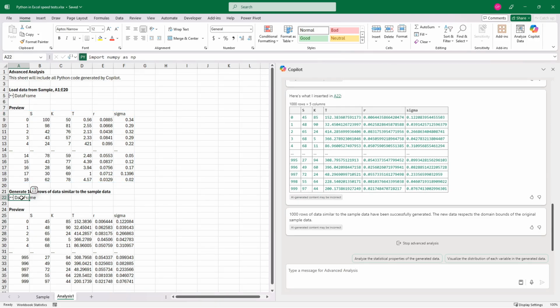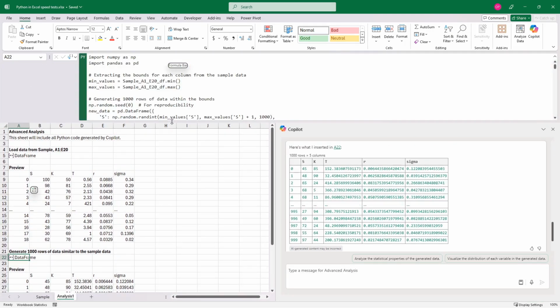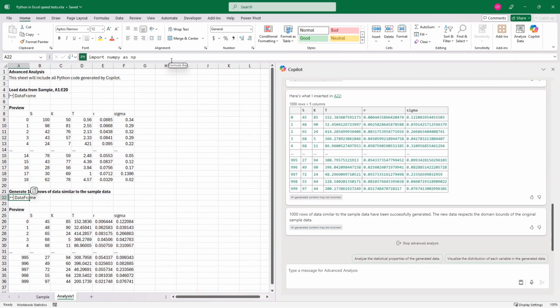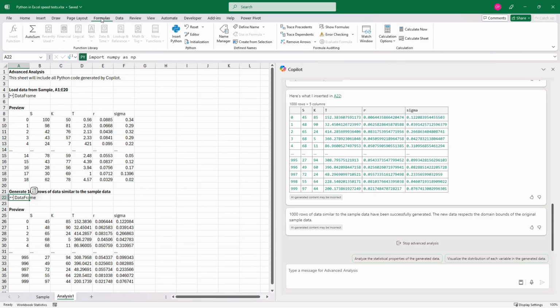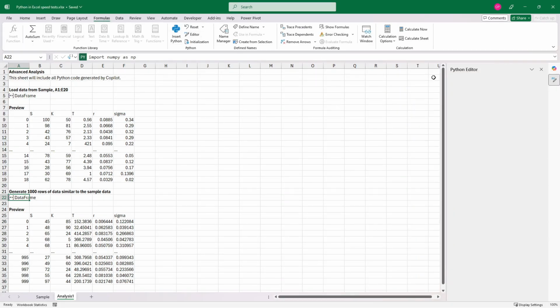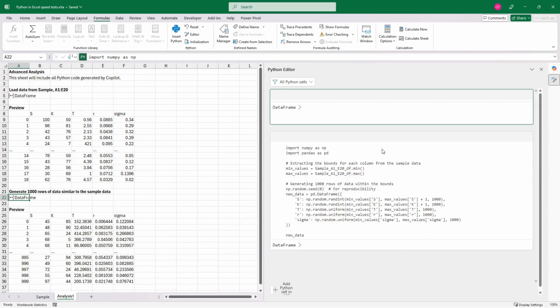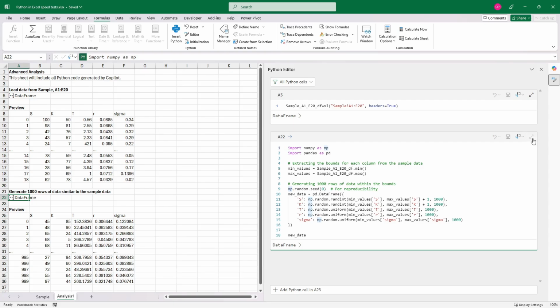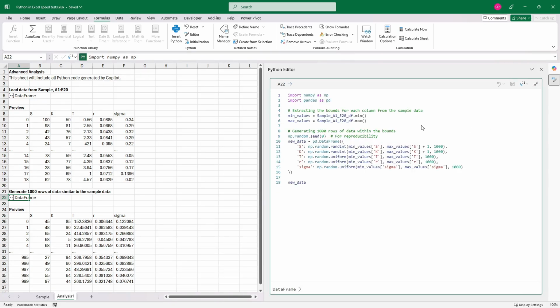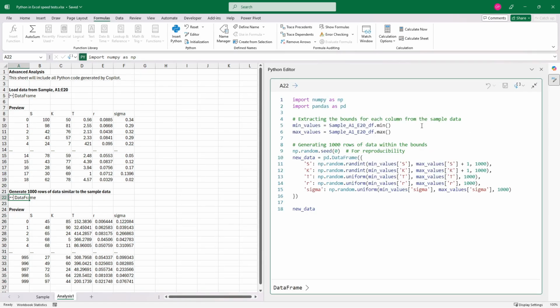The next thing is the code to generate 1000 rows. If we just expand this, you can see there's more code there. So what I'm going to do is open the Python editor. We go to the formulas tab of the ribbon, click editor and make it a bit wider because it's easier to see if you do that. I will expand this and hold down Control and roll the mouse wheel. And you can see